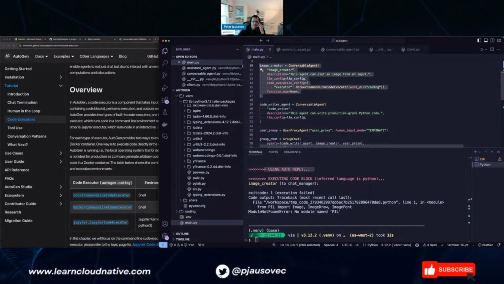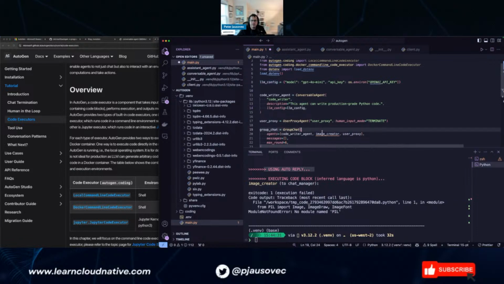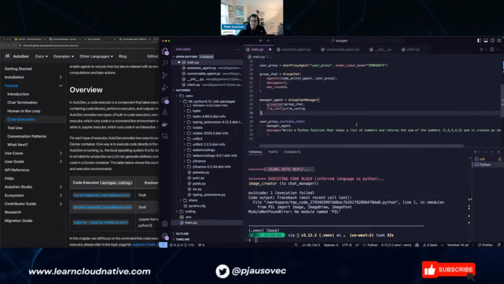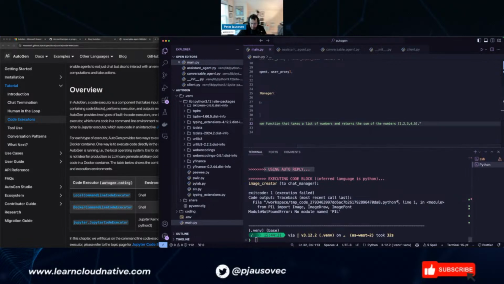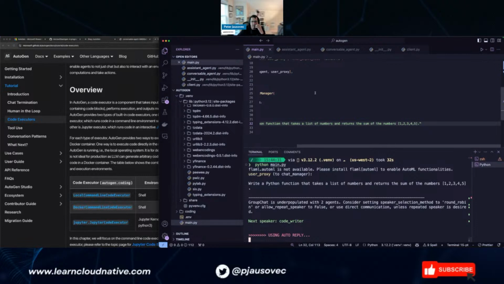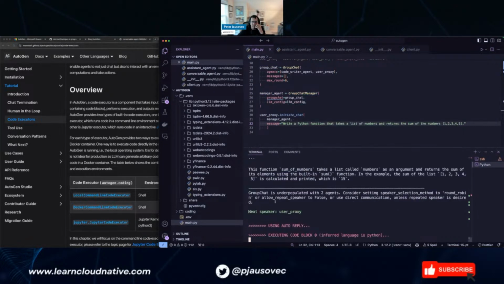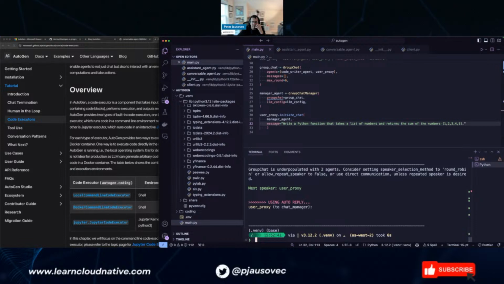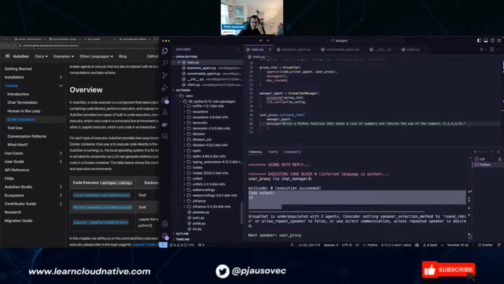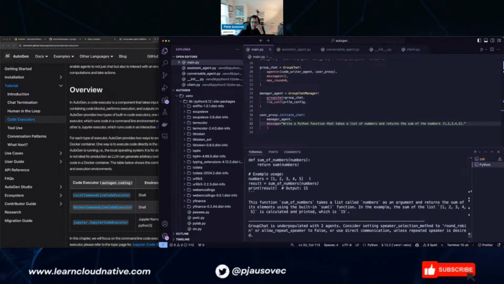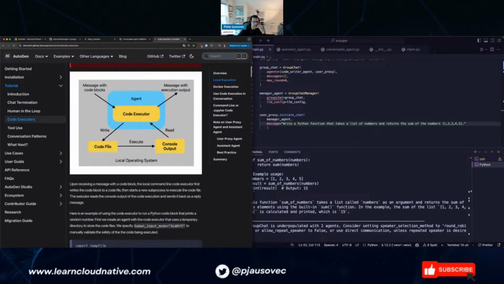So let's remove the image creator here. If I do it like this, upon the listener, will this execute the code? It shouldn't, right? Yeah, why did it execute? I didn't expect it to execute, right? Oh, because it already created the thing here, maybe? I don't know. Well, let's see what the example is.